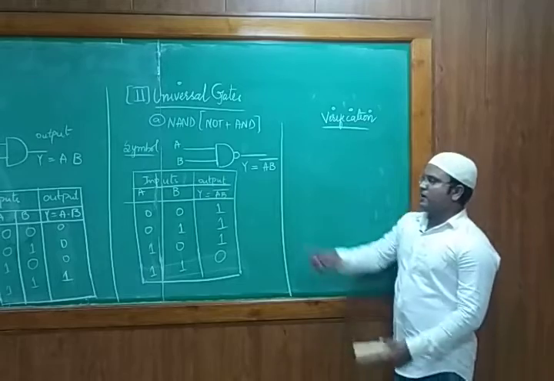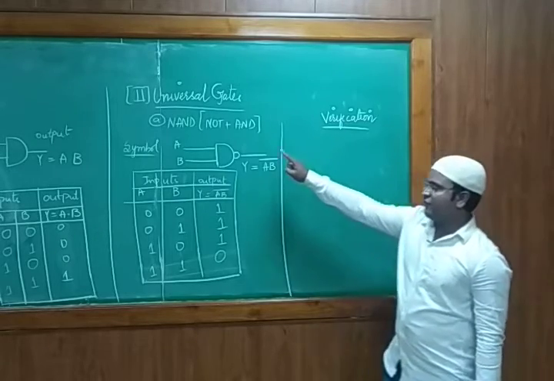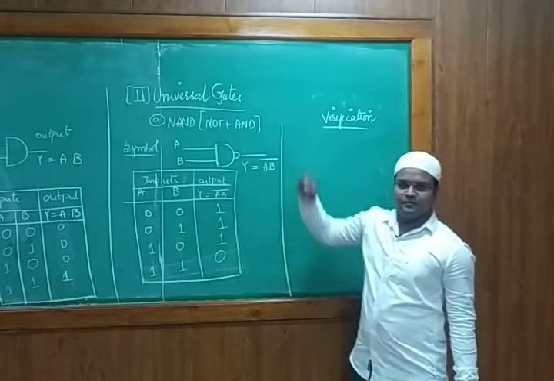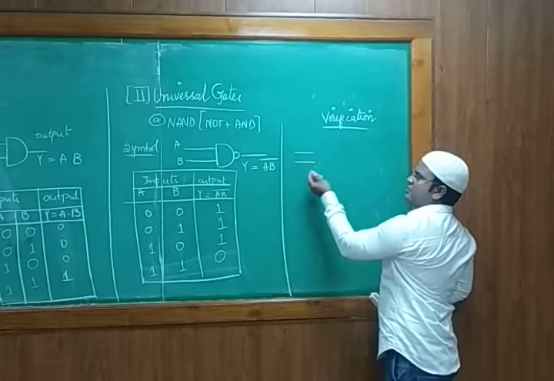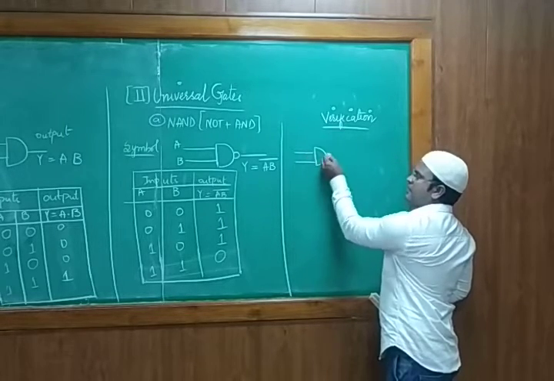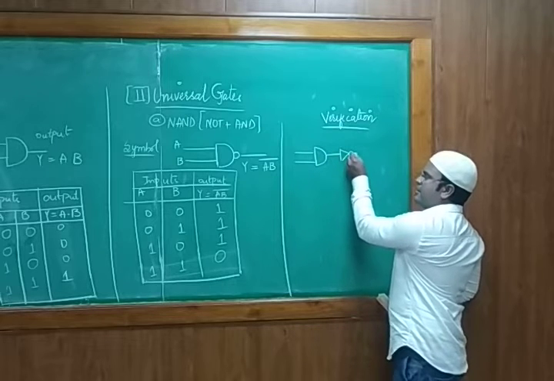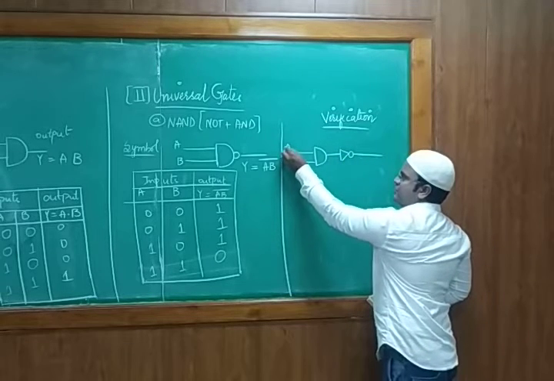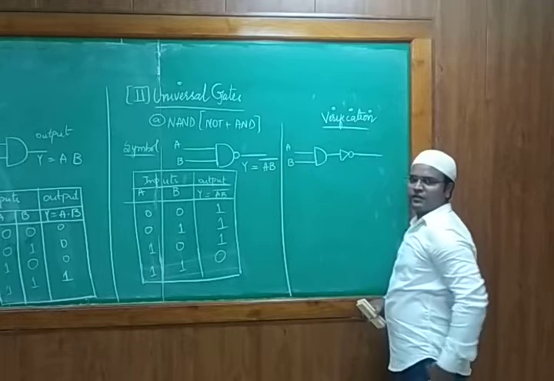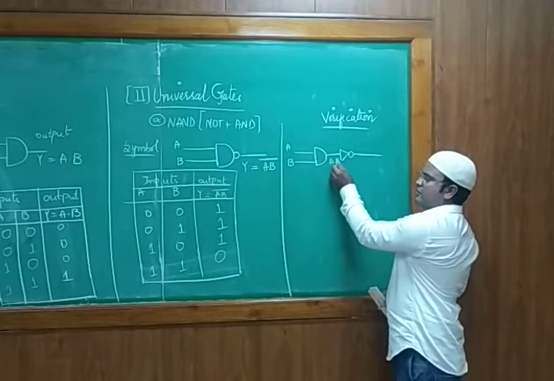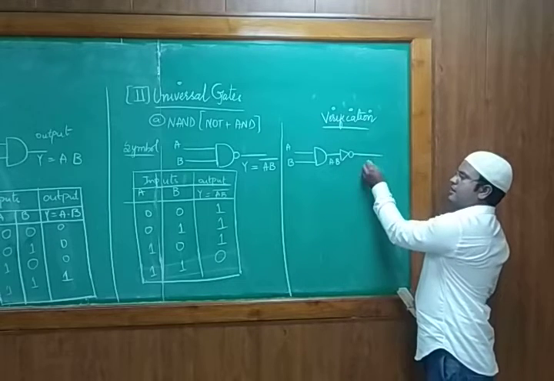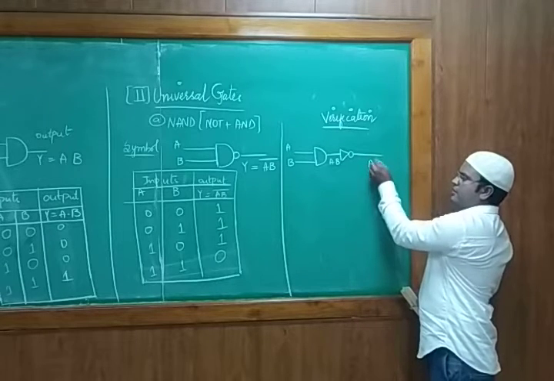So now, the same NAND gate, I want to verify by taking NOT plus AND. In order to verify that, I am taking one AND gate, then I am connecting it with the NOT gate, and I want to check the result for it. If I have A and B, what is the output? Till here it is A into B. Then I am connecting with the NOT gate, so I get A into B bar.